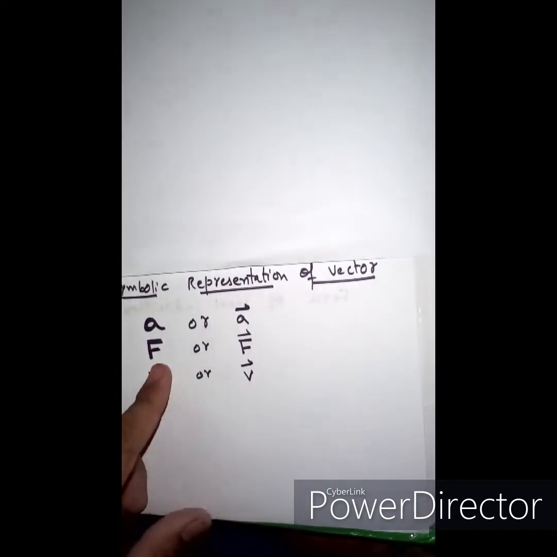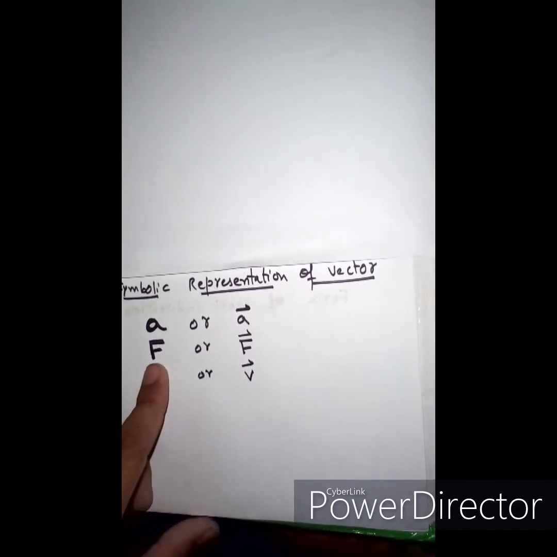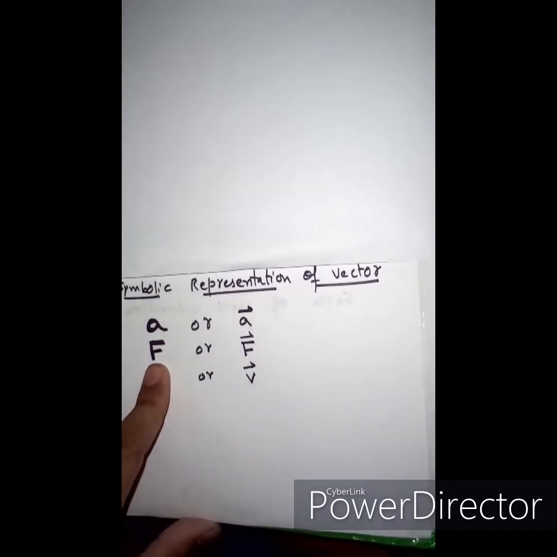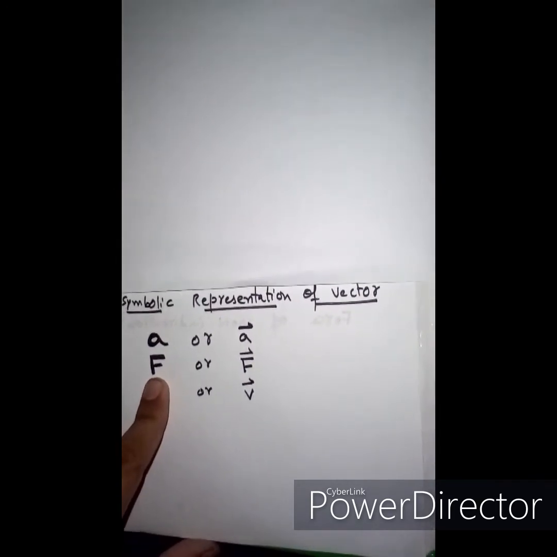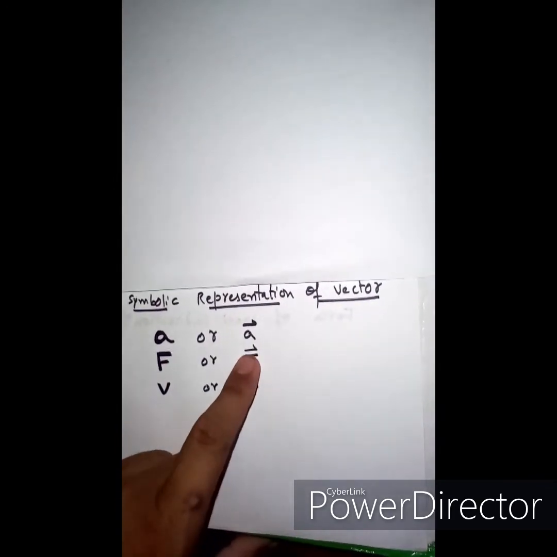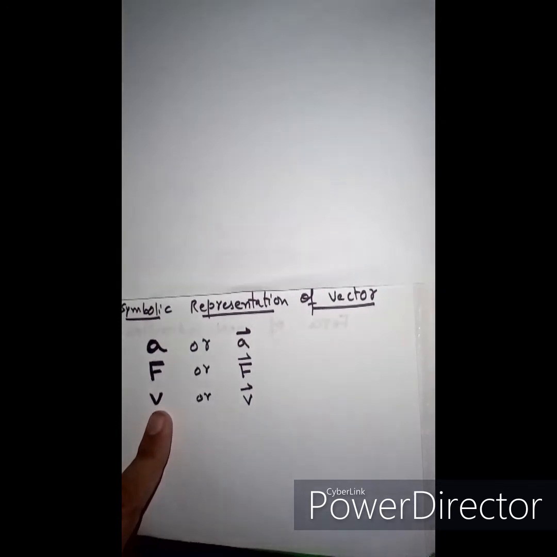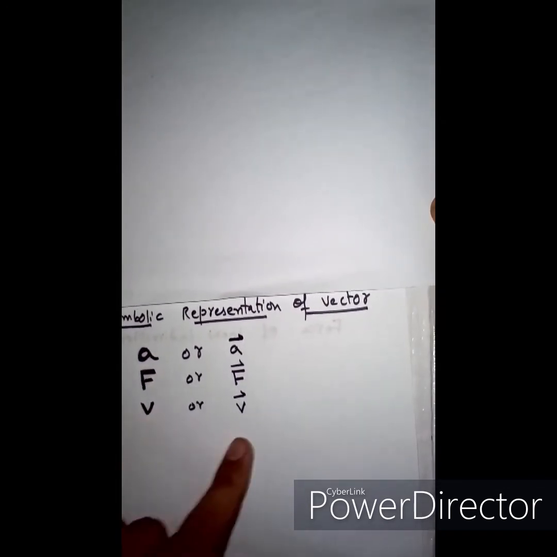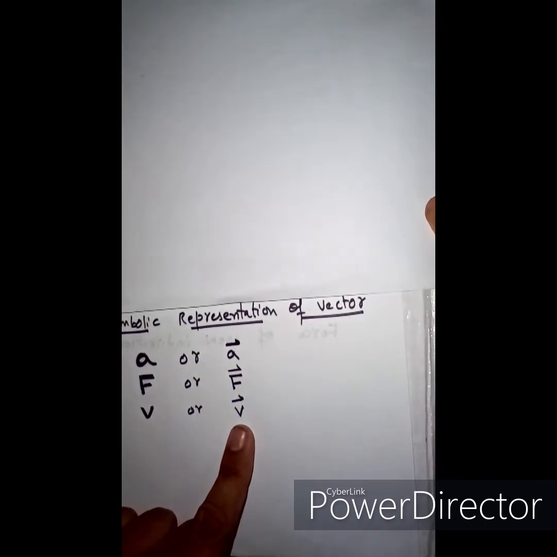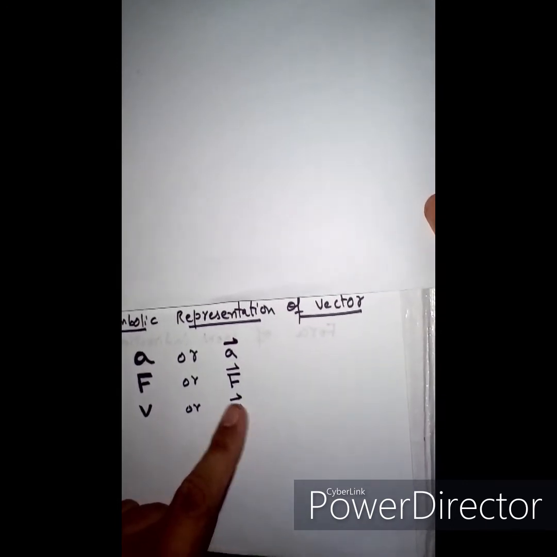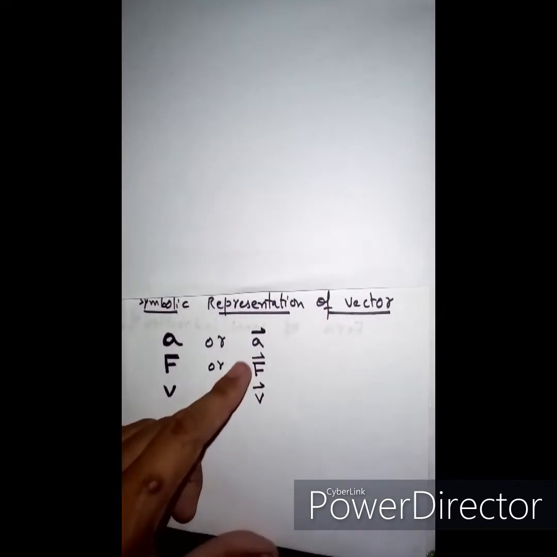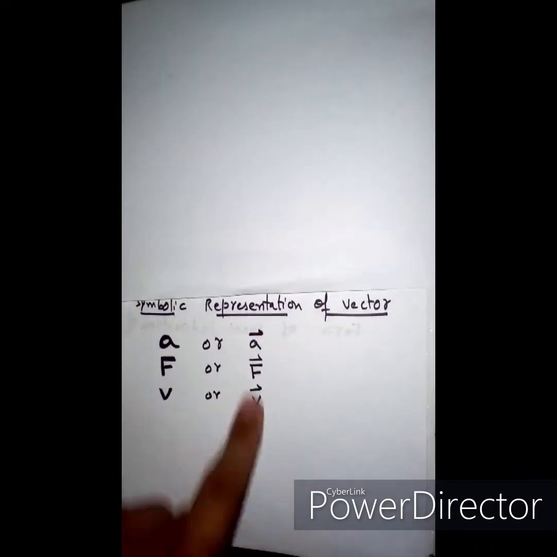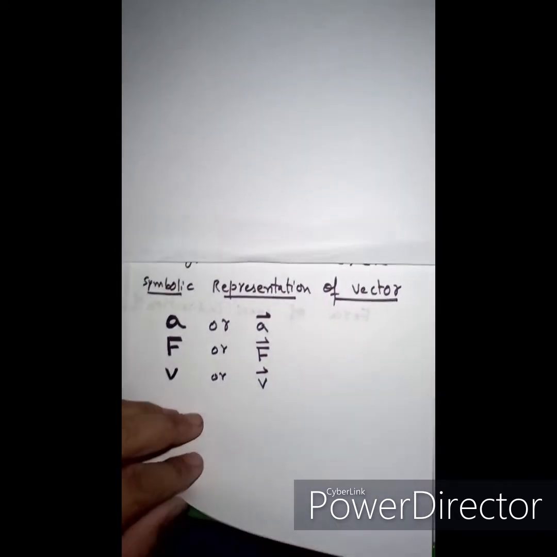Force could also be represented in two ways. They are both vectors. So vector F, or force vector, may be represented with a bold letter or with an arrowhead on it, in this way. Likewise, velocity vector V could be represented as a bold letter, or as the letter V with an arrowhead. Keep in mind, we will use either the bold letter or a simple letter with an arrowhead. Right here you can see the difference. These are the bold letters and these are the normal letters with an arrowhead. Both are correct ways to represent a vector.